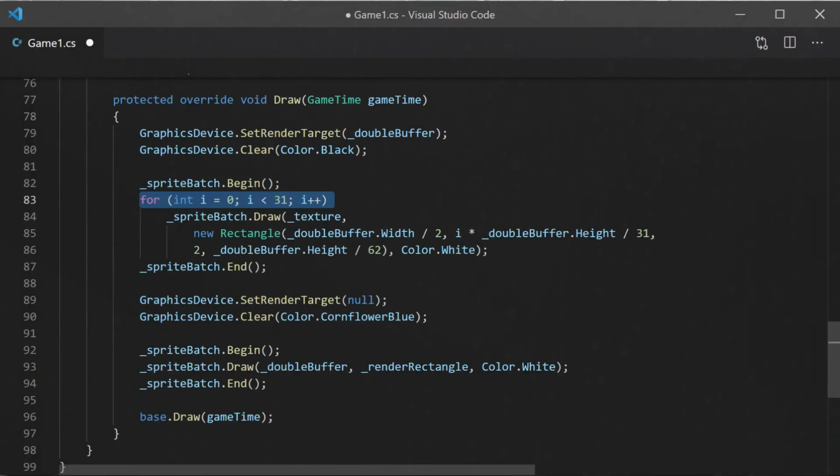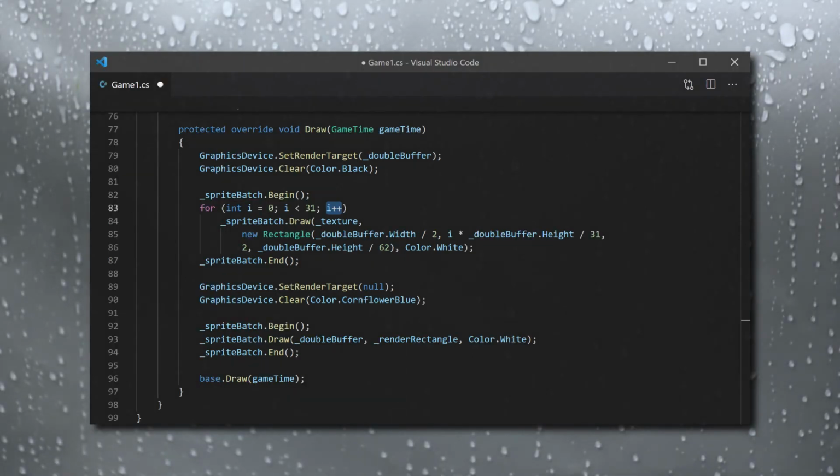We set up a for loop to draw our net. A for loop will iterate over some commands while changing an iterator's value. When the iterator reaches a certain value, it will stop and continue on with the code. In this instance, we will iterate 31 times, drawing a dotted line down the field.